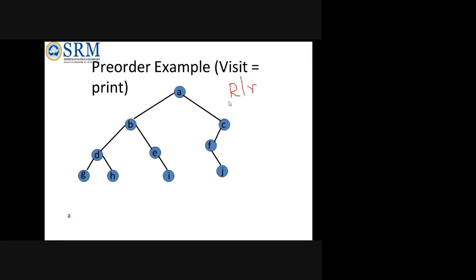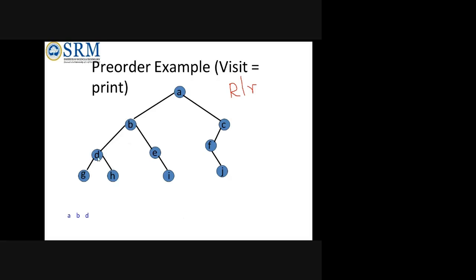But anyway, always the root is printed first, right? So A is printed, then it will come to B, and B is printed first because it is the root. It is acting as a root. When B is taken as a root, if the tree ended with B, then I can go to C. But the tree has sub branches, that is, it has a subtree. So when A is left, it is printed. Since it is root first, it is printed.